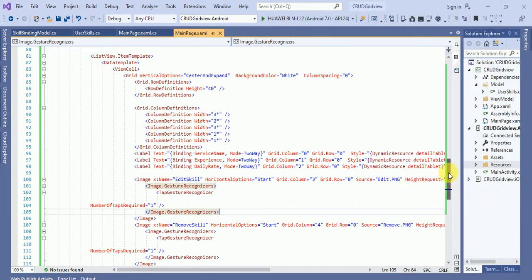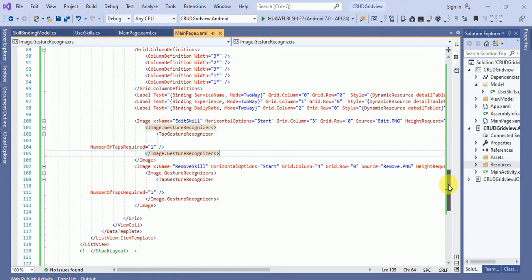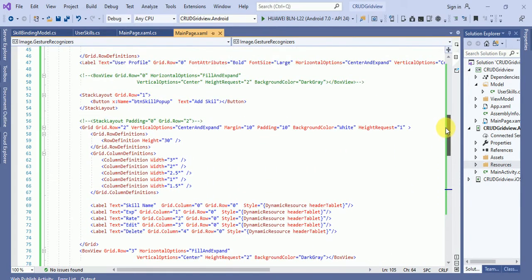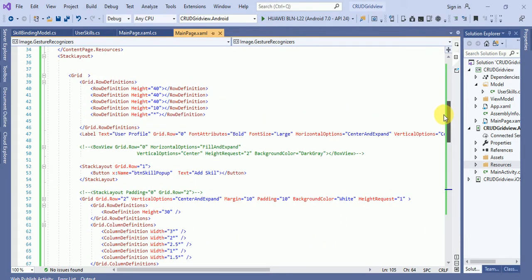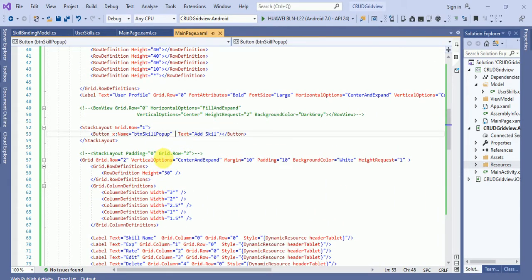So this is the application, the solution we were working on. Now here you can see the add skill button I have added. In this add skill button, we just have to add an event handler.